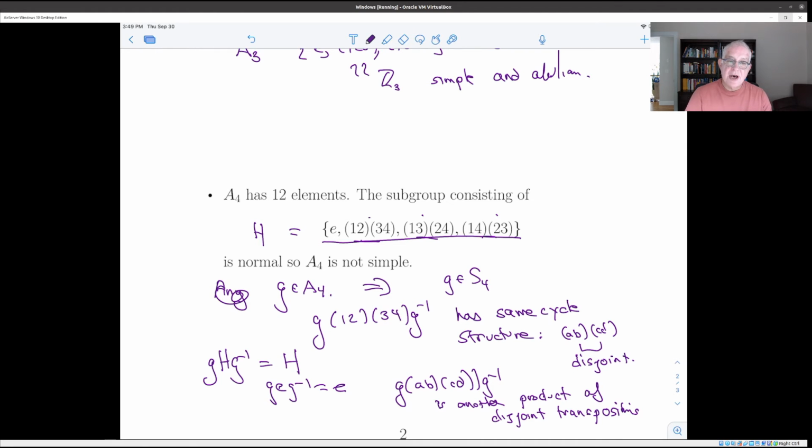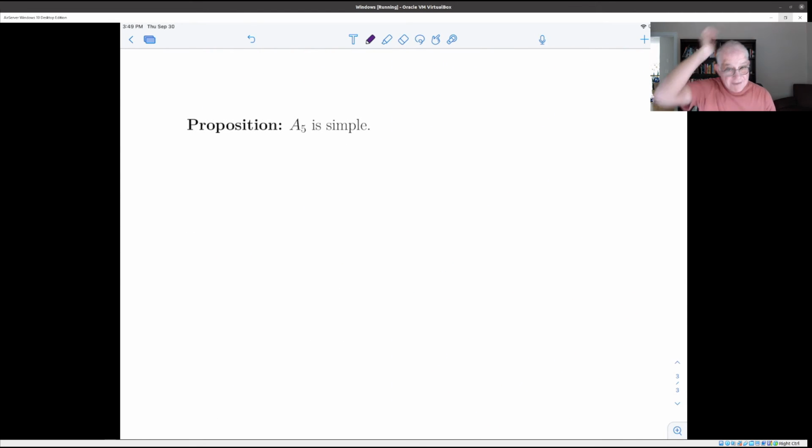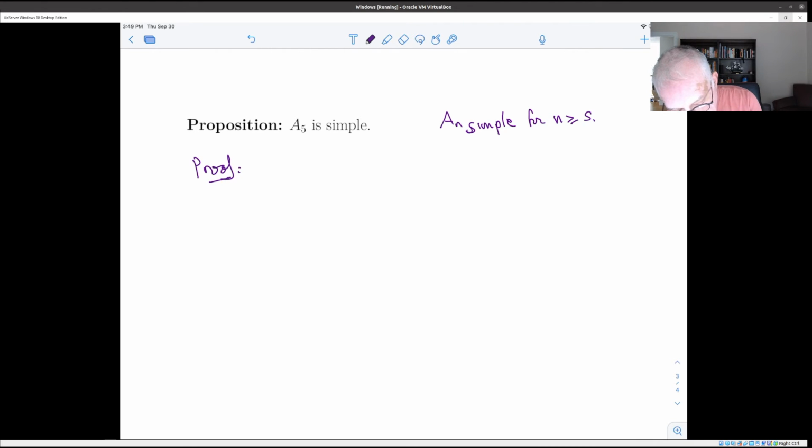So A4 is not a simple group. It is a theorem that A5 and actually An is simple for n bigger than or equal to 5. And there is a proof in the text. And what you'll see in that proof is that this is a little bit complicated and it's a long calculation. Essentially, what you would do is you assume